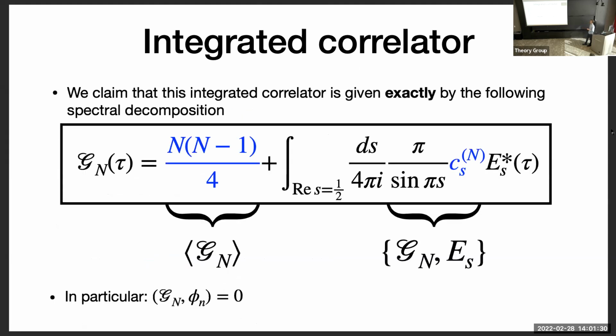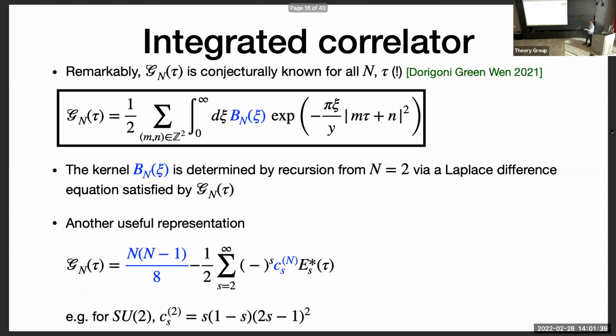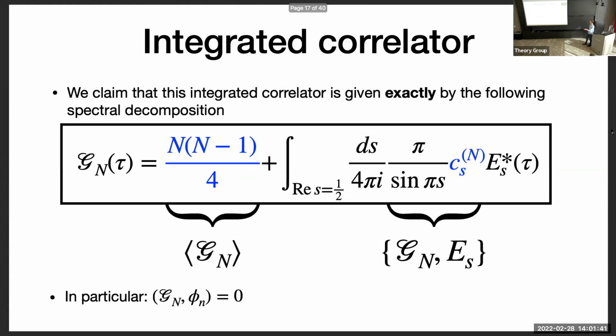Okay, so I claim that this integrated correlator fits very nicely into our framework, and it's given exactly by the following spectral decomposition. So remember this constant, n times n minus 1 over 8. I claim that that's half the average. So I claim that this is the value of the average over the conformal manifold, and that this coefficient Cs,